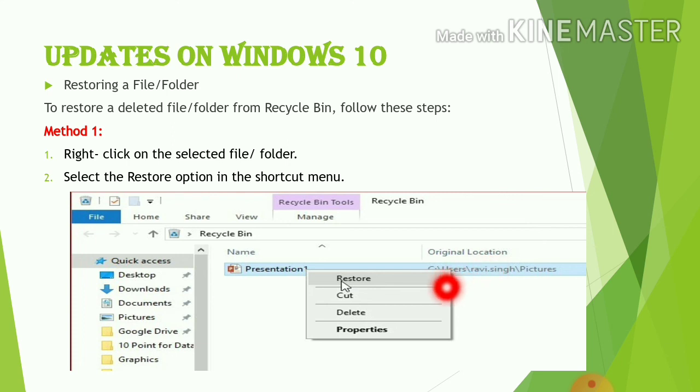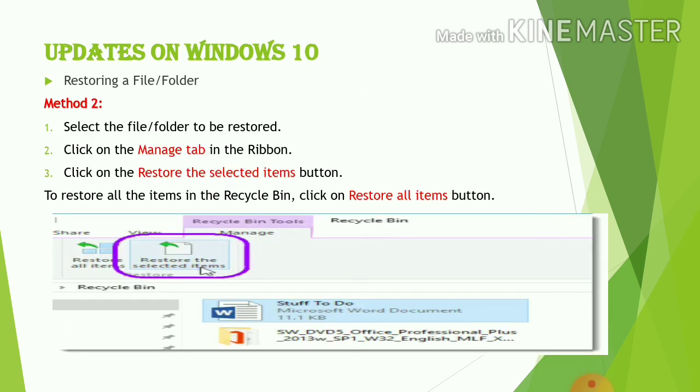In the shortcut menu, आपको shortcut menu से restore option select करना है. Then your file will be restored to your original location. Now the second method is, you have to select the file and folder to be restored. आपको जो भी file and folder restore करना है, select it and click on the Manage tab in the ribbon. This is the Manage tab.